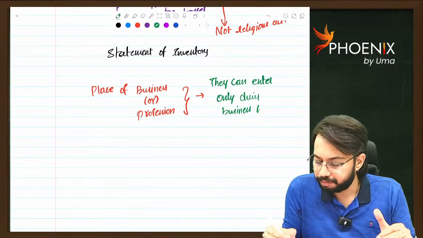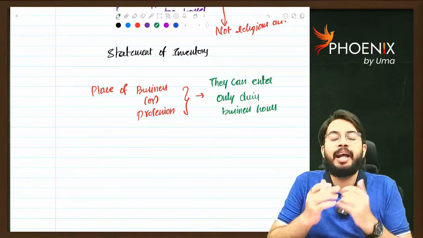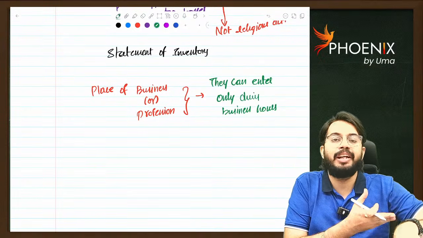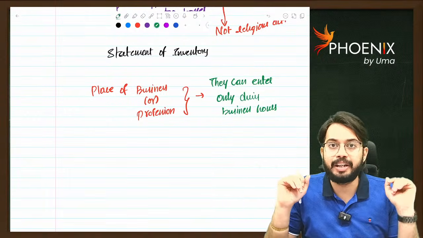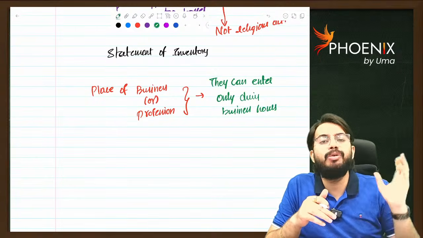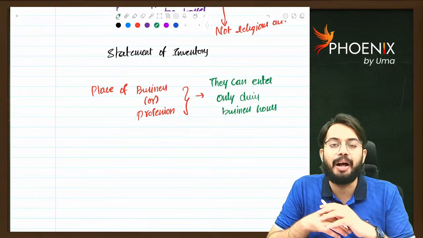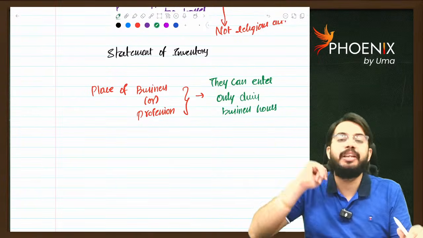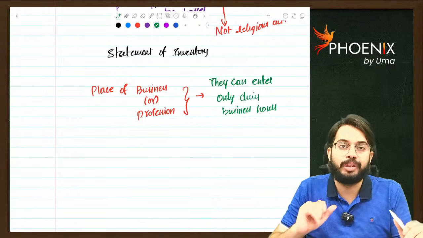Let's say I am into coaching business. I kept my timings as morning 7 to night 9. Now time is 8:20 only. Time is not 9. They can come and do survey of my place of business. Are you able to understand? Five-star hotel is there. It runs all 24 by 7. They can do survey of a five-star hotel at any time. Pub is there. It is not available in the morning. Pub is available after like evening 8 to morning 3 o'clock. Now, if they want to do survey of a pub, they can do it in between 8 to 3. Are you able to understand?